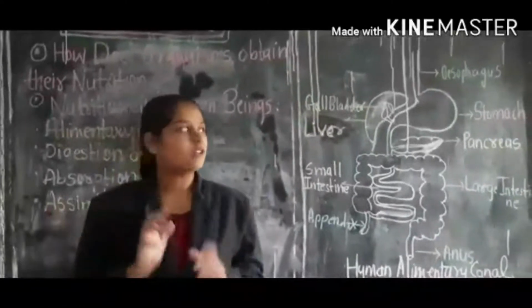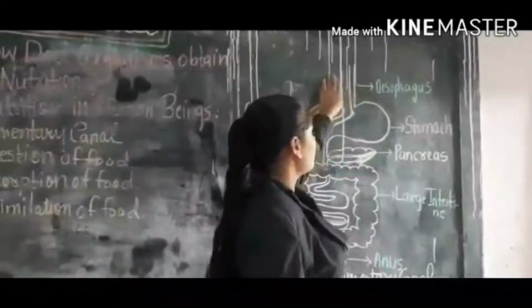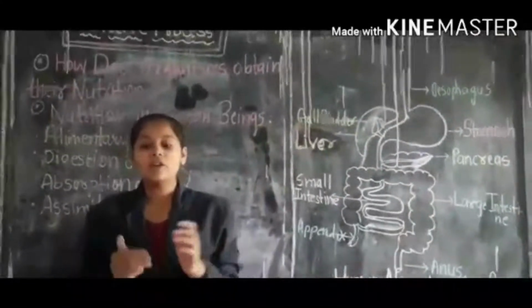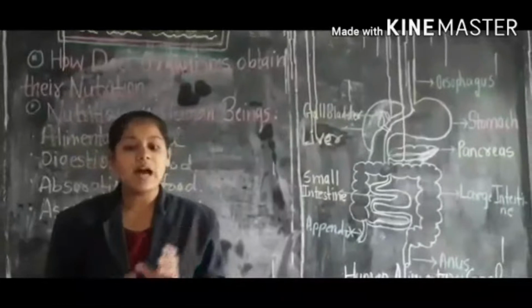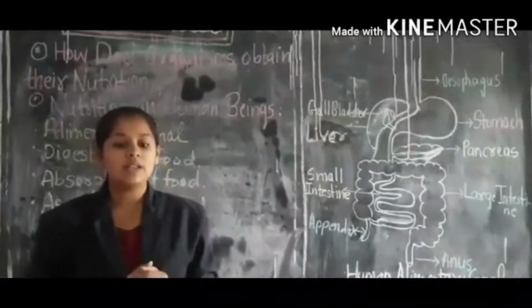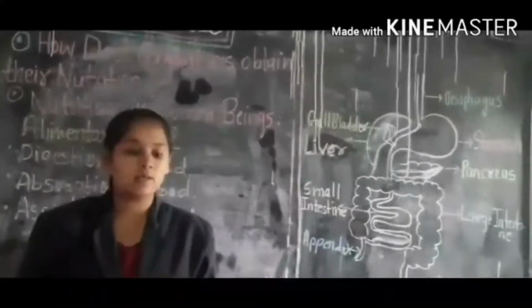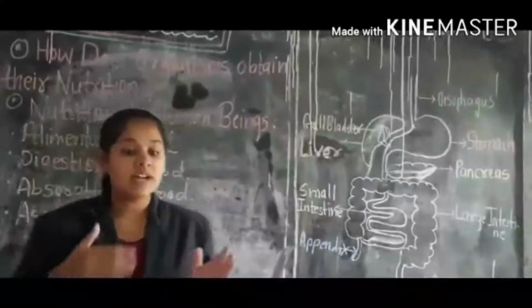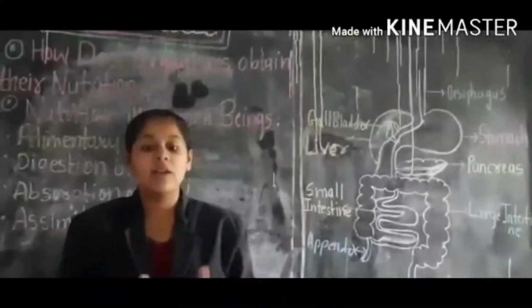So we will see the oesophagus. From here, you can see the oesophagus. The oesophagus is a long and tubular structure which serves to carry the food from the pharynx to the stomach. The wall of the oesophagus is highly muscular. The oesophagus is not concerned with the digestion of food. It exhibits peristaltic movement, that is contraction and expansion movement of the walls, so that the partially digested food is pushed